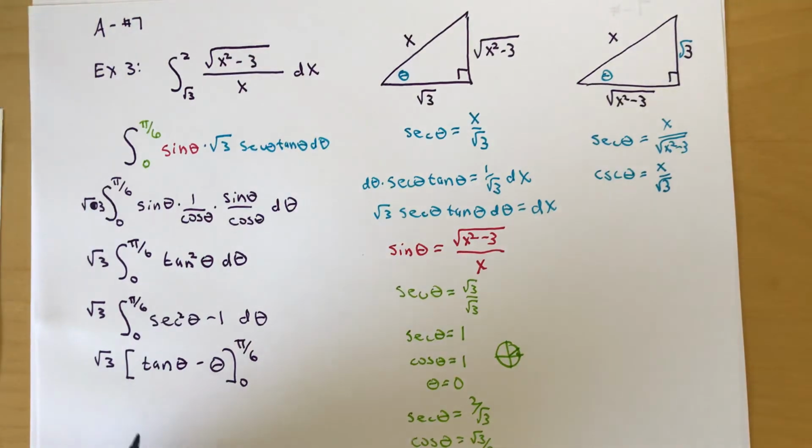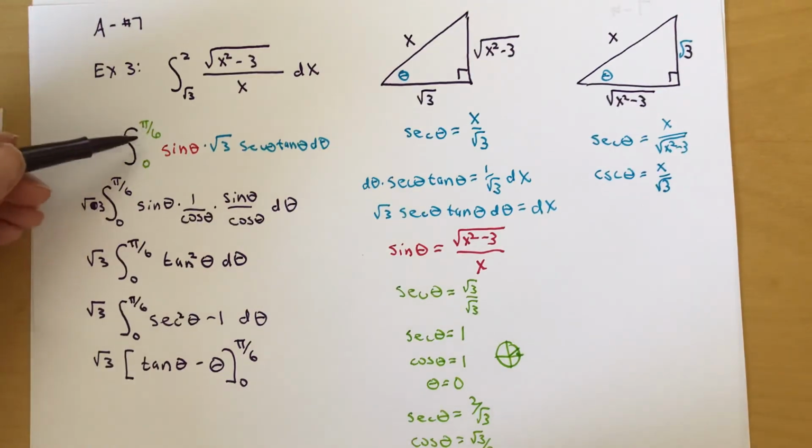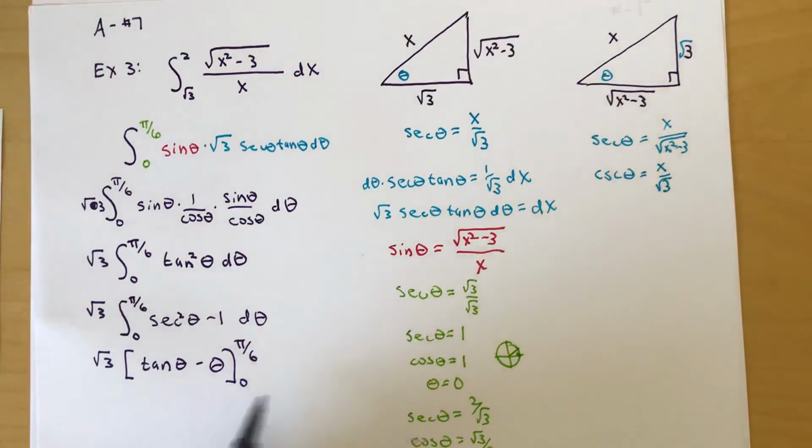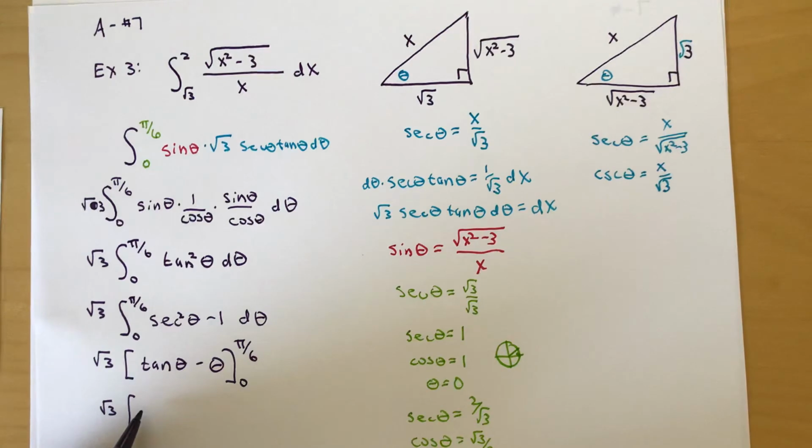And it's great to have changed these. One, it's required to change the limits of integration, but it also means that I don't have to go back to x's right now, which is also kind of nice. So the tangent of pi over 6 is here. It's a short one, so it's going to have to be, instead of root 3 over 1, 1 over root 3, which generally we might write as root 3 over 3, but since we've got that in front there, I like it as 1 over root 3, and then pi over 6,